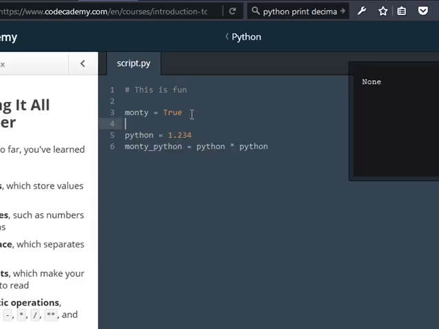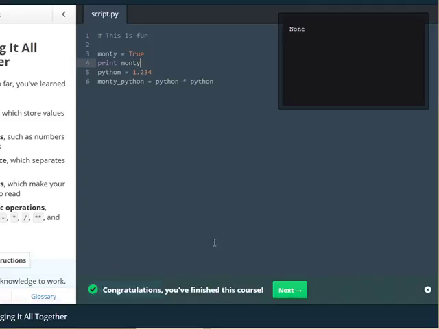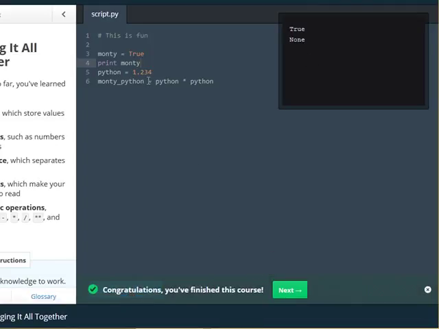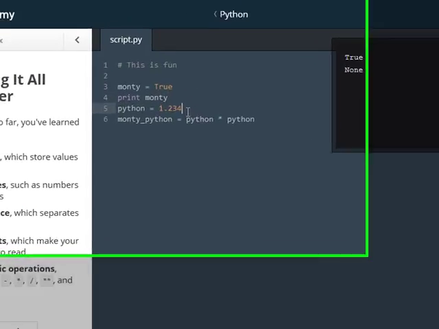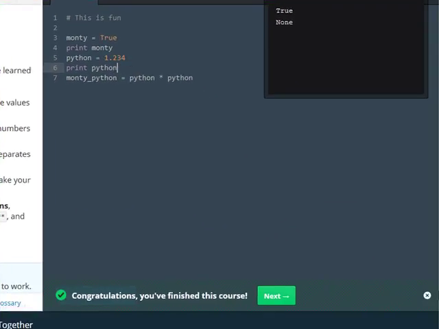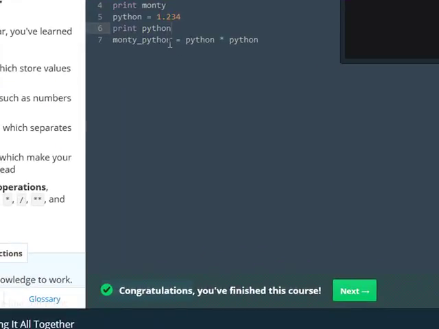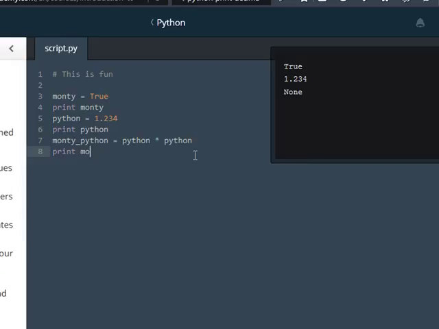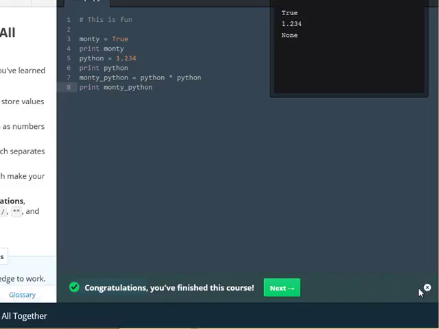So that's true. So if I go down here and I type in print and I type in Monty and I close out of this and I rerun this again, it's going to show me what that value was. What a concept. So if I go down here and I do the same thing, I close out of this and run it again. Now we've got true 1, 2, 3, 4. And then if we run this and then do the same thing again, so print, in this case is Monty Python, and then run this again,